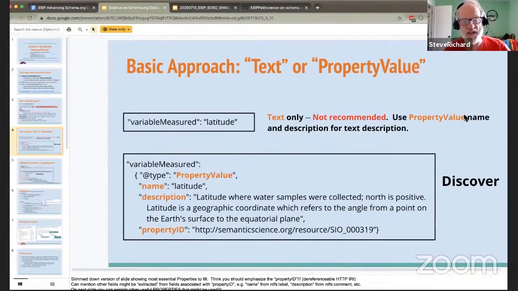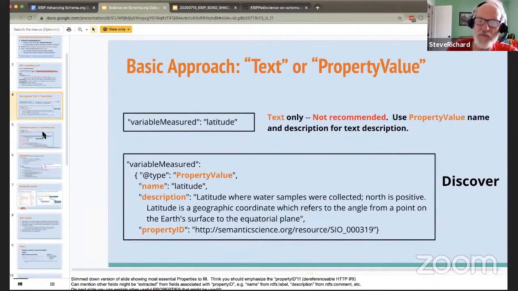Thinking in a tiered set of ways that these variables can be described, the simplest one would be just providing a variable name, or better yet, some kind of text description. These would support discovery scenarios. What would be really good, though, is that there's a propertyID property inside this PropertyValue. And one of our big recommendations would be that we should have URIs for property values that can be dereferenced to registries of property definitions, which allow providing information about some more of the richness of these property definitions.